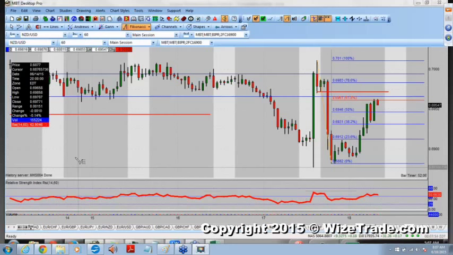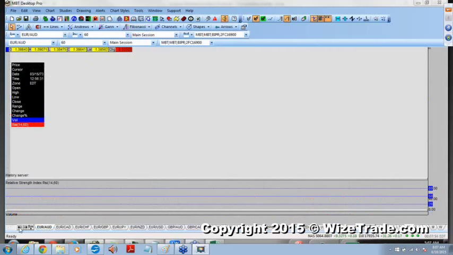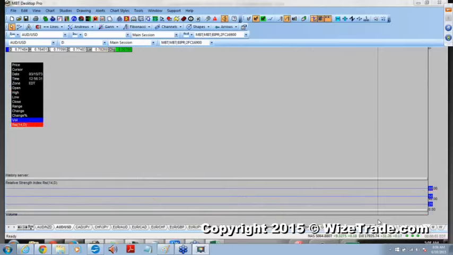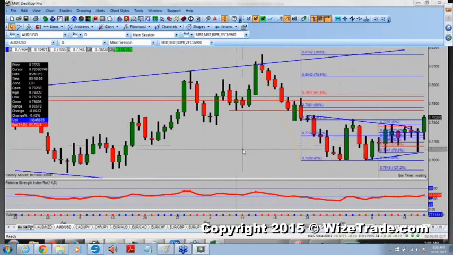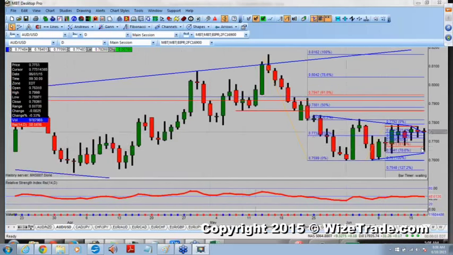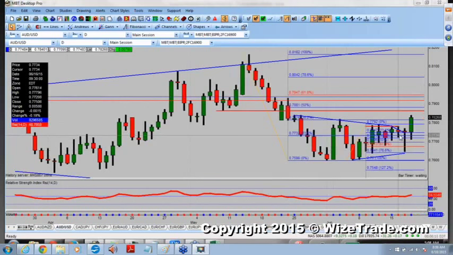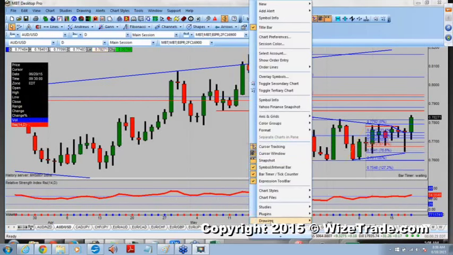Okay, let's go over to the Aussie. I was going to buy the Aussie yesterday. I told the traders in our chat room that I was going to go long because we had this daily hammer. It wasn't at the very bottom of a downtrend, but we had this hammer, and I was tempted to go long the Aussie. I decided not to, which obviously in retrospect was a bad decision. But anyway, we're taking off now. Now the question is,